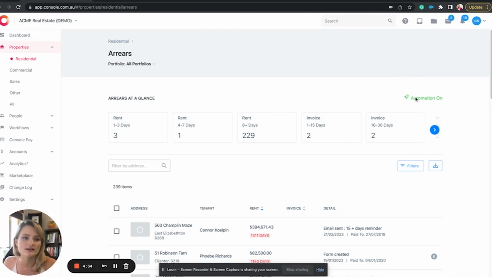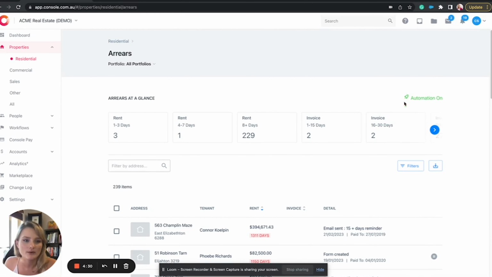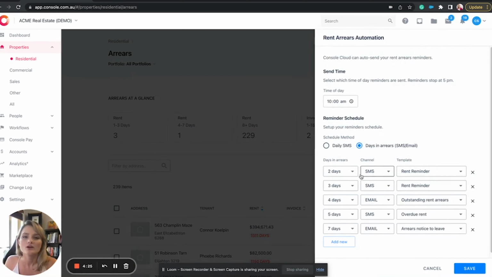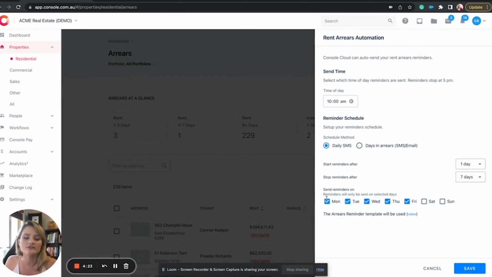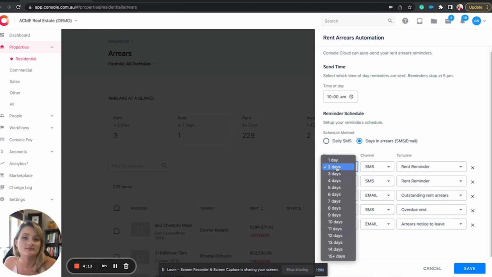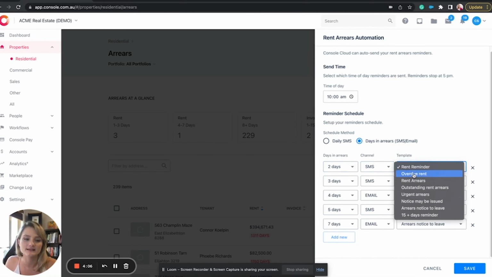So what I'm going to do is dive into our settings here by clicking that little button where the rocket ship is and hitting my edit preferences. As you can see here, the big difference is not only will I have the option to be sending SMS, but I can also send email notifications too. I have the option to set when I first start to send my arrears notifications out, the channel that I'd like to send it out from, and the template that is sent to my tenants in a series of escalating